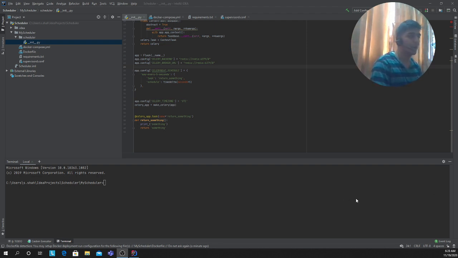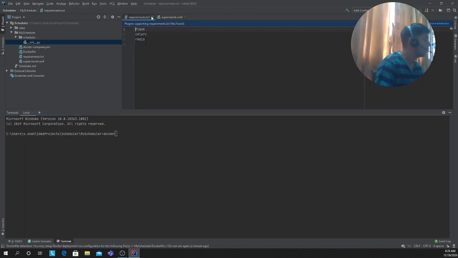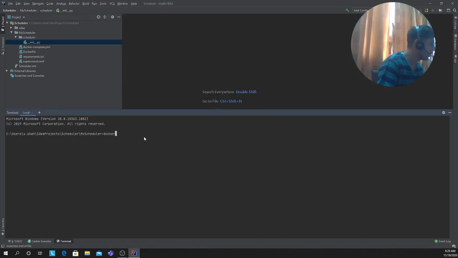Today's video is going to be on basically Celery and Celery Beat together tied up with Docker container. I will be using Redis as a broker and as a backend as well. So basically that's what we're going to use. So the goal of the task is to basically implement a scheduler in Python, but using Celery, which is one of the best things you can do, right? So first of all, we will see a demo, and after that, we would jump into all the description of the supervisor and all of that.